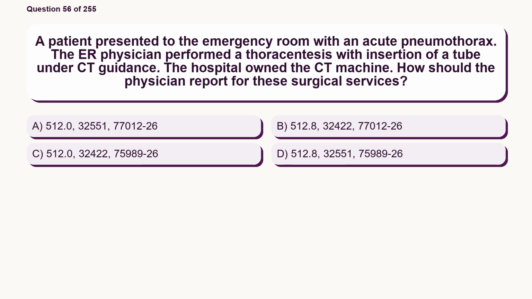Question 56. A patient presented to the emergency room with an acute pneumothorax. The ER physician performed a thoracentesis with insertion of a tube under CT guidance. The hospital owned the CT machine. How should the physician report for these surgical services? Option A, 512.0, 32,551, 77,012 to 26. Option B, 512.8,